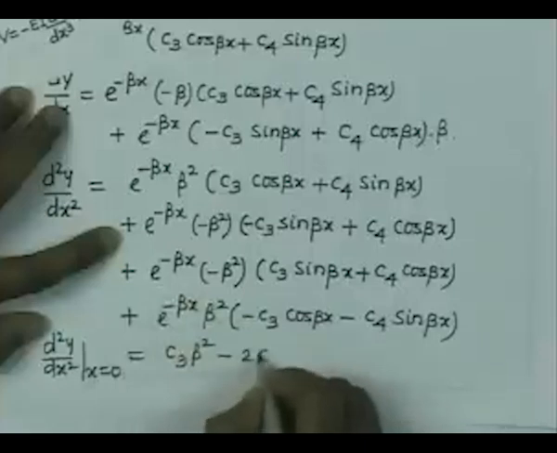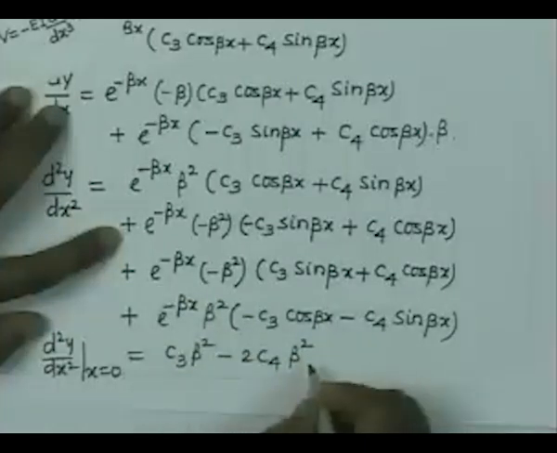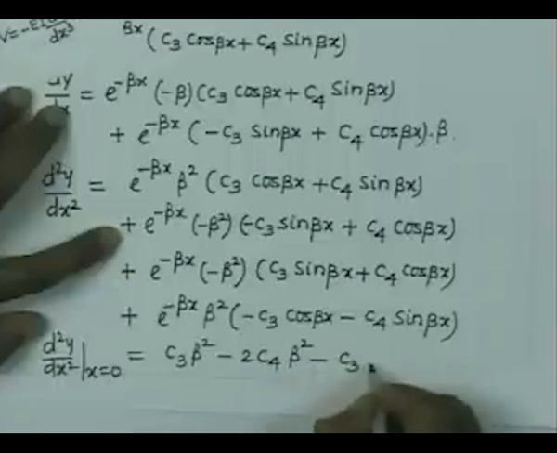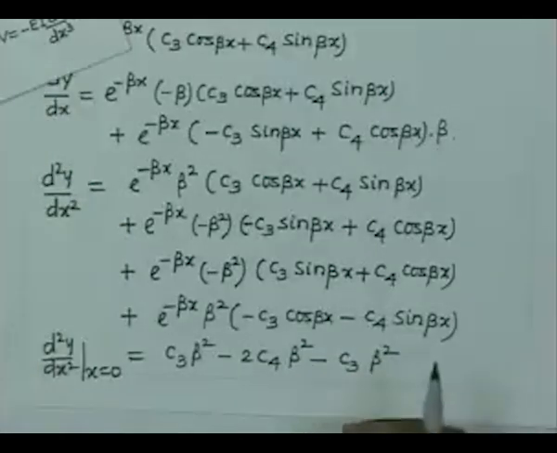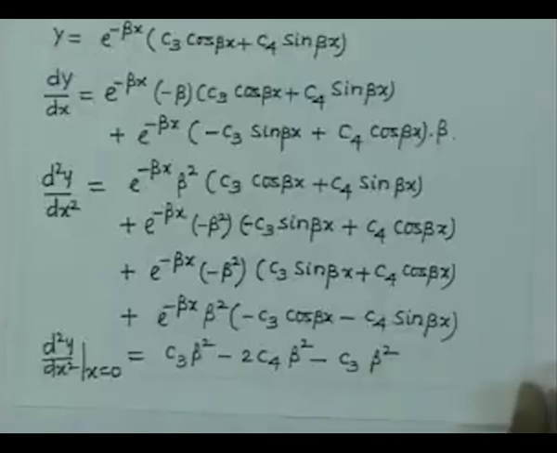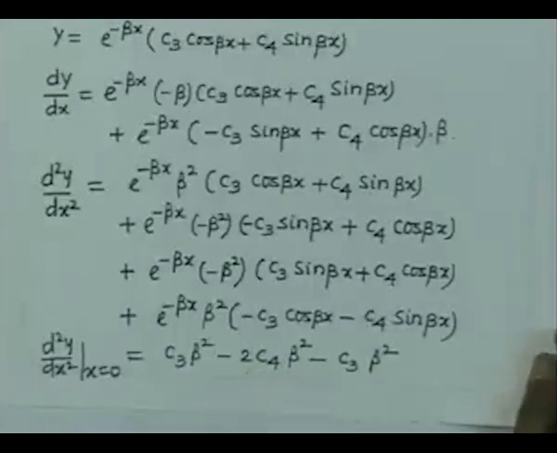So, therefore, it is twice C4 beta square, and here it is minus C3 beta square. So, C3 cancels out, and therefore, we can now have only minus 2 C4 beta square, and we have the value